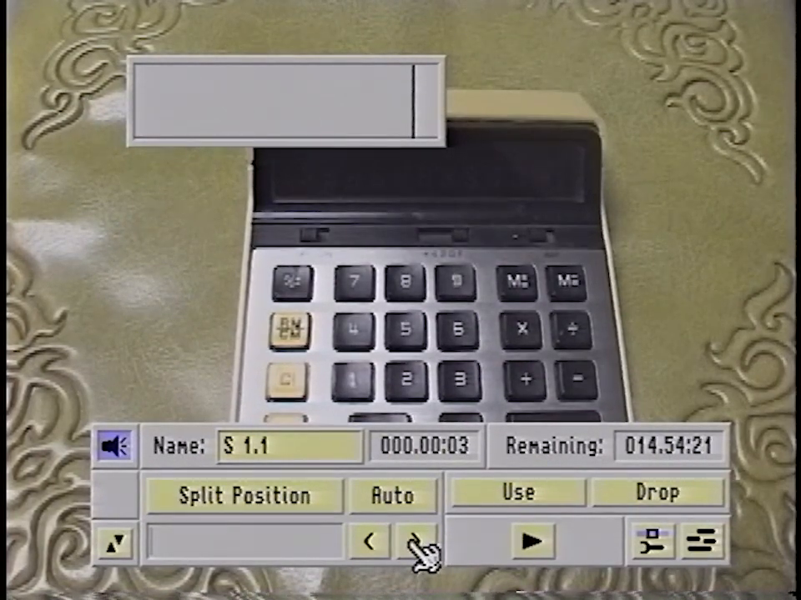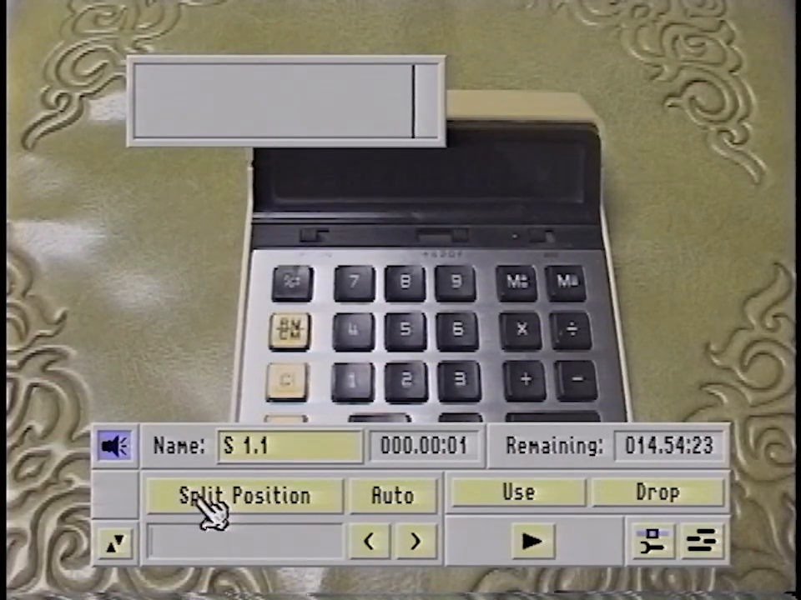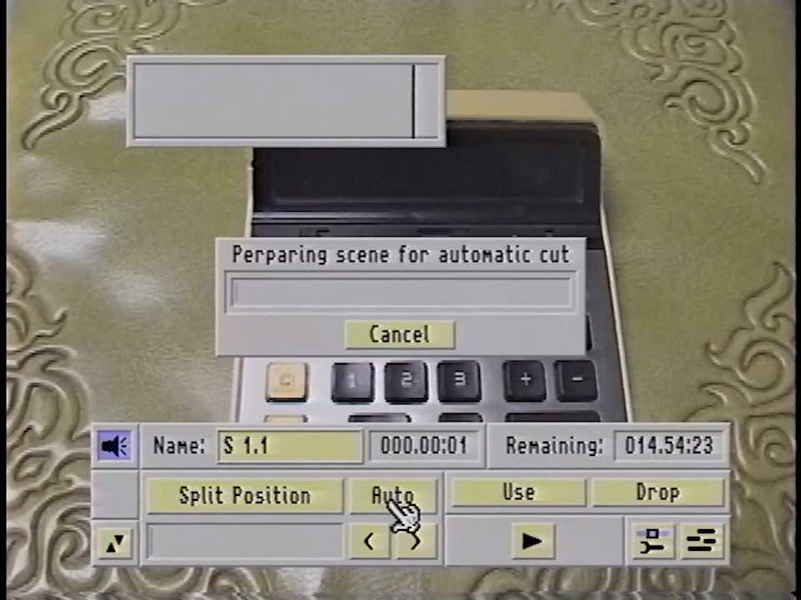That goes frame by frame. Oh, there's an auto function. What's that do? Ooh, what? Per pairing? Oh my goodness. Well,